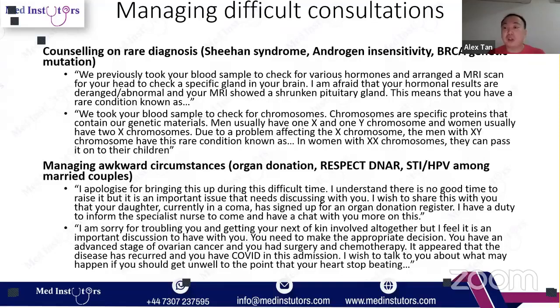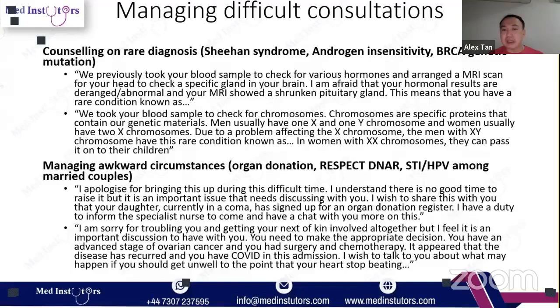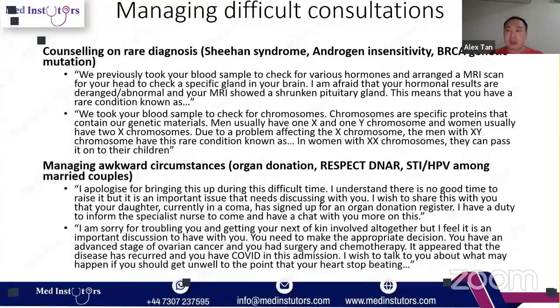So you can always refer to specialists. If it's Sheehan syndrome and you're not a specialist, refer to the consultant in maternal medicine, because you are not the specialist doctor. You are the generalist who knows and recognizes this is something that needs consultant specialist involvement. You refer. That's how you get the marks. If you panic and you just go around in circles, which is quite common and a common pitfall among people not sure what to say, that's when you lose marks, and it's a shame because you can gain marks.